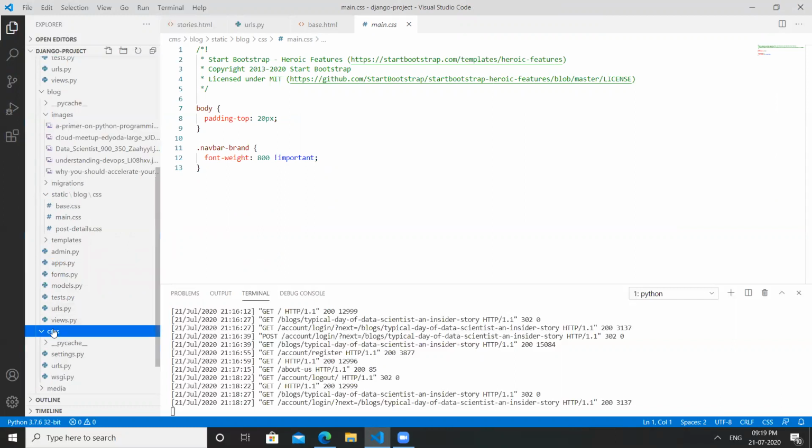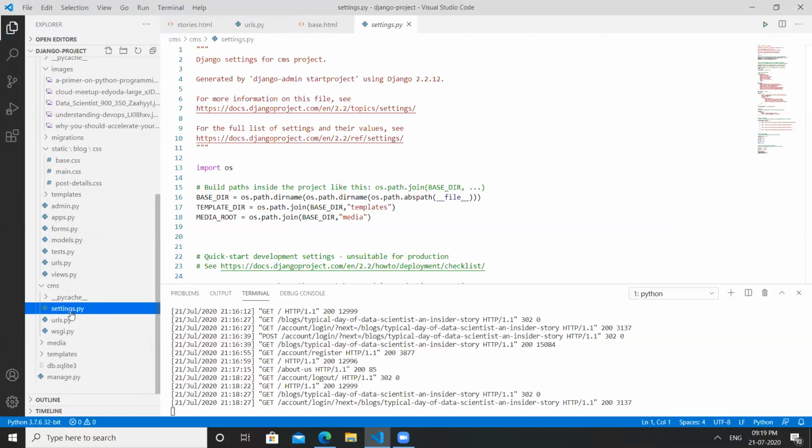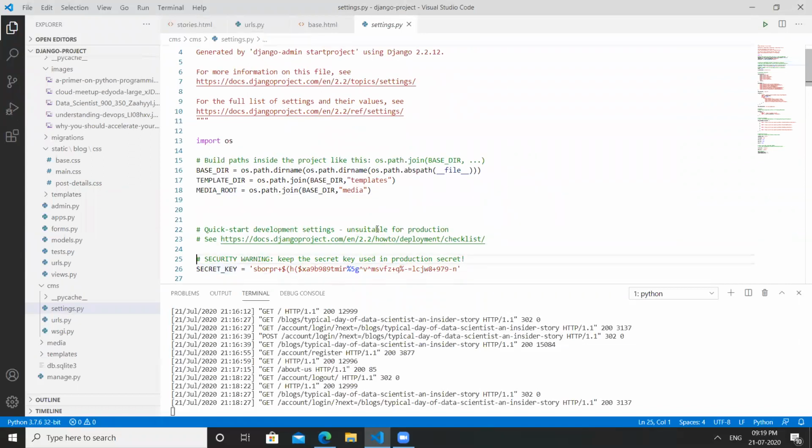And coming to this project, in these settings we are making the template directory, the page directory, and the media directory. These are the main things we want to relate to this application as well as this project. So these templates and directories are very important.